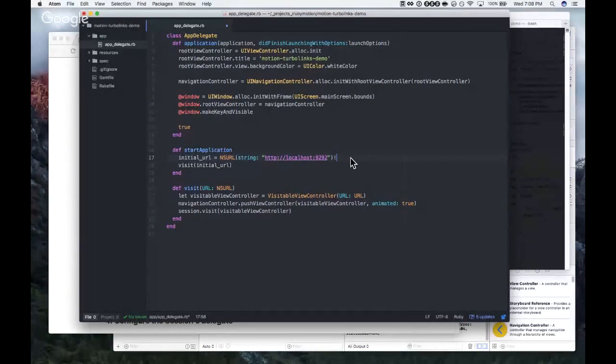Yeah, the bang says die if it doesn't. So I think that the initializer for NSURL like that with the string could actually return an optional. So the bang forces it, it unwraps it. If my Swift is correct. You're probably right. I'm still a beginner to Swift, so me as well.